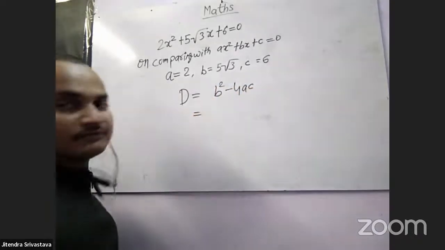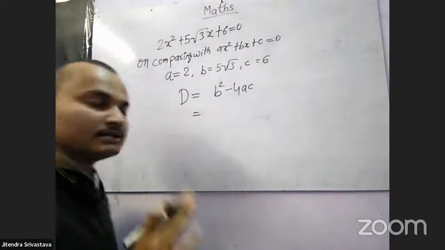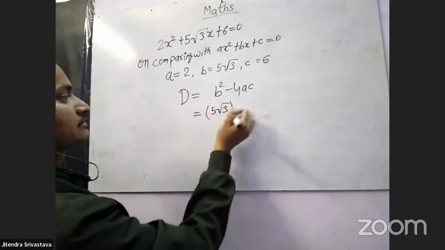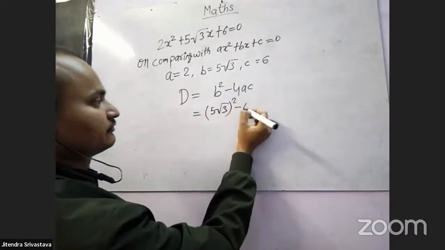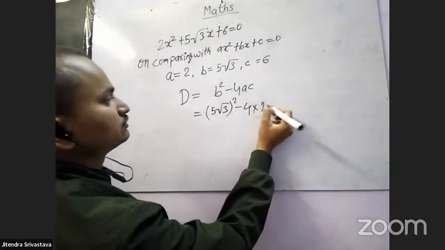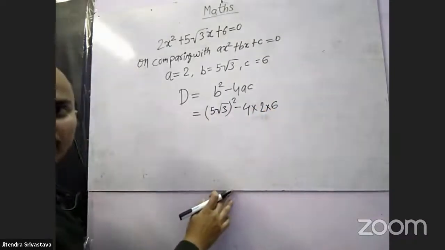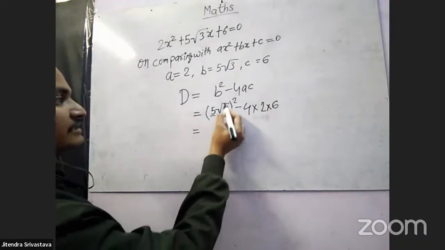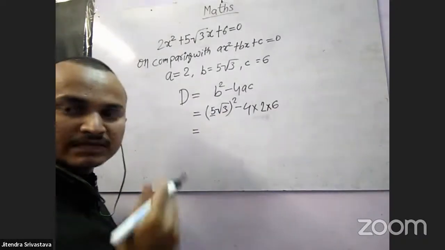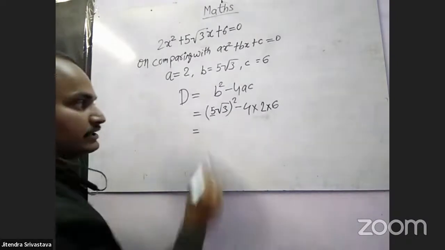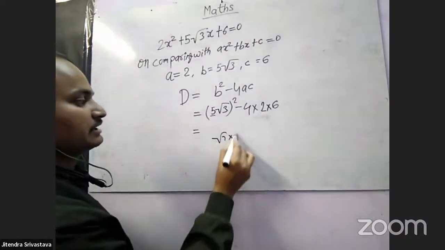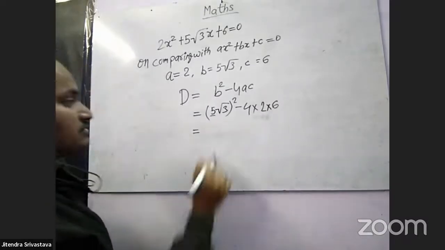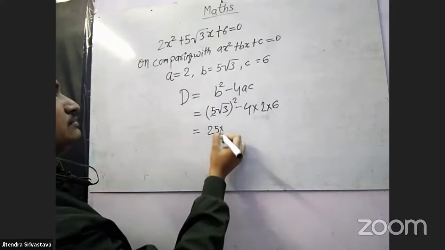So now we will put the values of a, b and c in this equation. What we will get? 5 under root 3 whole square minus 4 into 2 into 6. Now solve this. 5 5s are 25 and the roots will be removed. Under root 3 multiplied by under root 3 will become 3 only. Under root will be removed. Okay. So we will write 25 into